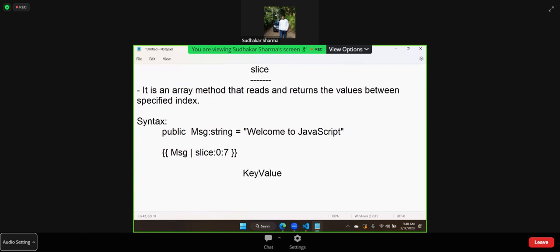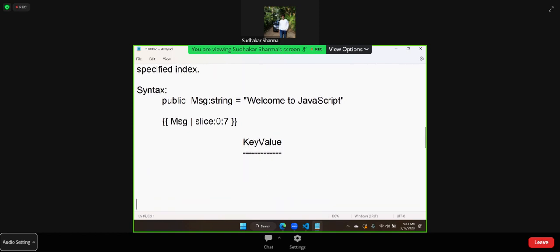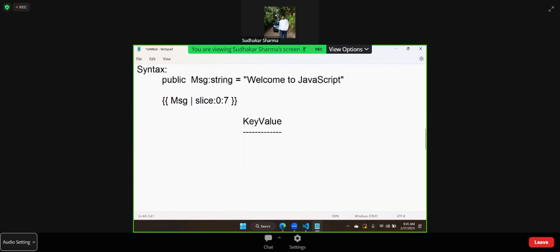We have another pipe, the keyvalue pipe. This is a new pipe. The keyvalue pipe is newly added into Angular. Earlier, in very old versions, we don't have this. From recent versions, they have this. What is the purpose of the keyvalue pipe? Generally Angular has the iterator